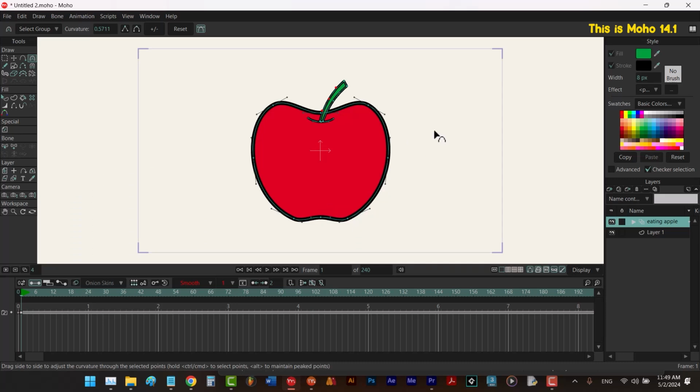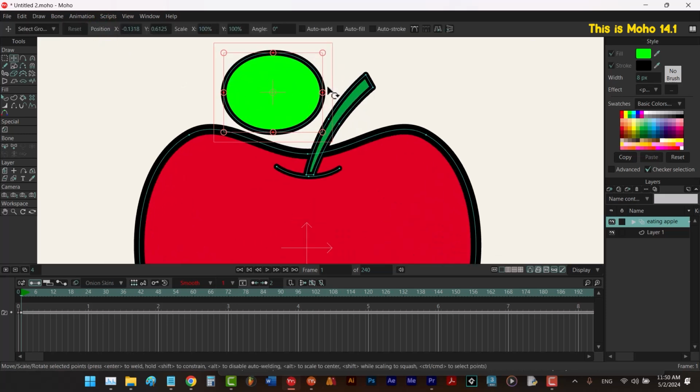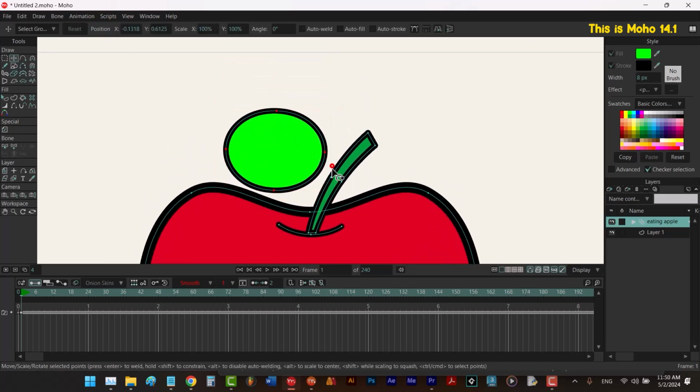Perfect. Next, I press S key on my keyboard to select the draw shape tool, and this time I pick a green color like this one, and I choose circle, and I draw a circle. Then I hit the T key, scroll up to zoom in, right click to pan, I rotate it like this,